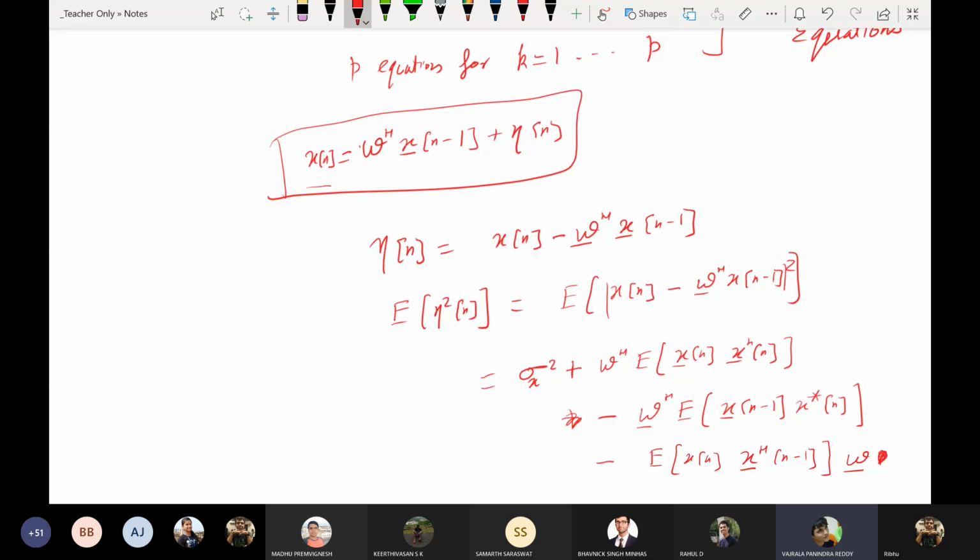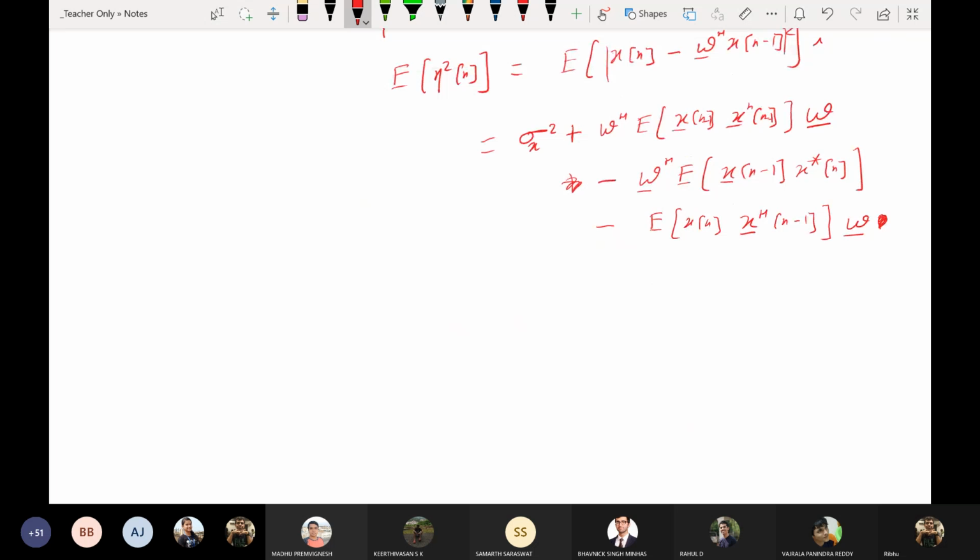Sir, won't there be a W in the second term? Yes, there would be a W in the second term. And why not it's n minus 1, so x of n minus 1? Yes, it should be x of n minus 1. My bad. This is the problem with such derivations, that while we write these out, we tend to make mistakes. And this was one major complaint in your last semester's feedback. I'm trying to improve.